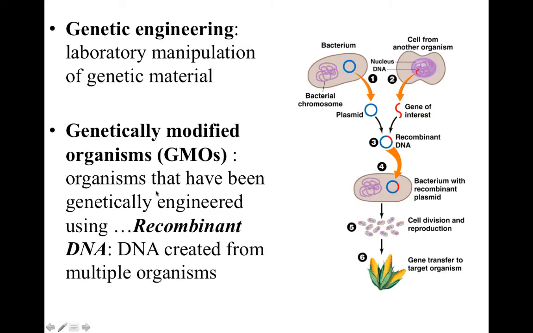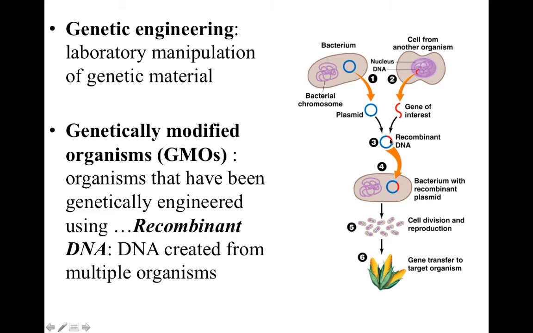So genetic engineering, this is how it works in a laboratory. They take a bacteria, and this plasmid is actually the DNA of a bacteria that, unlike what we have as a strand of DNA, they have a ring. That's called a plasmid. And then they will take a cell from another organism, extract a gene that they want to put into maybe another organism, and they actually can cut the plasmid using enzymes and chemicals like that,